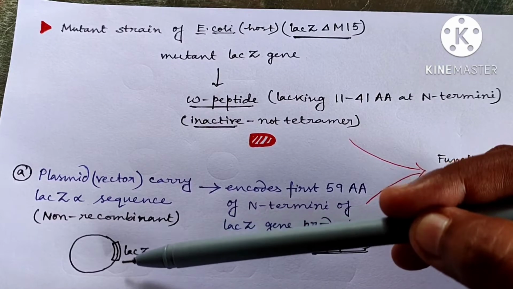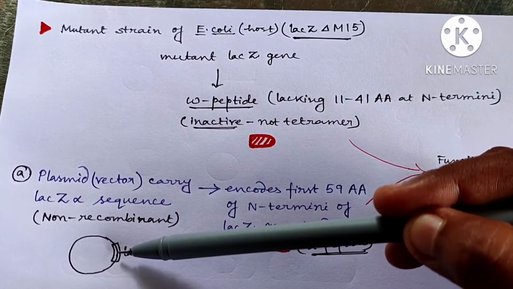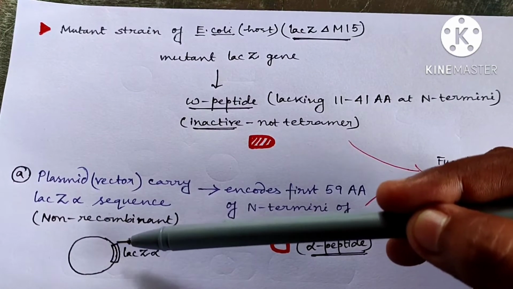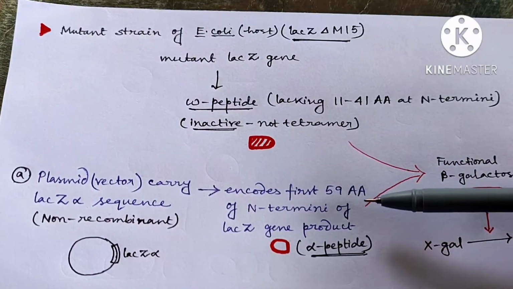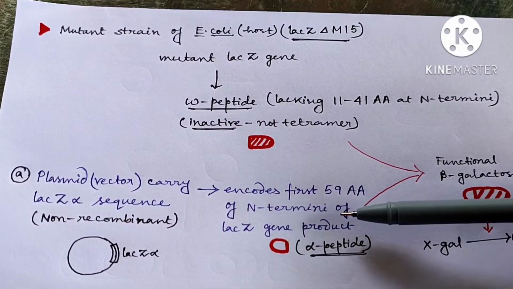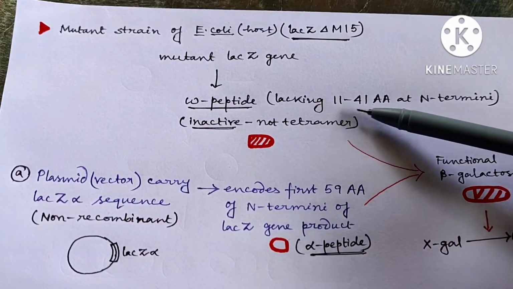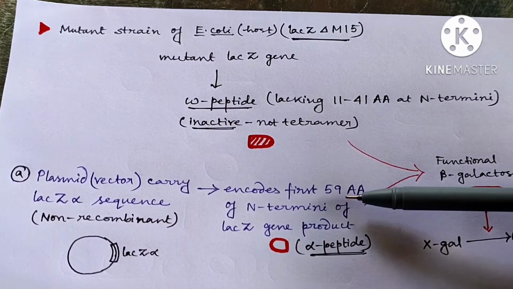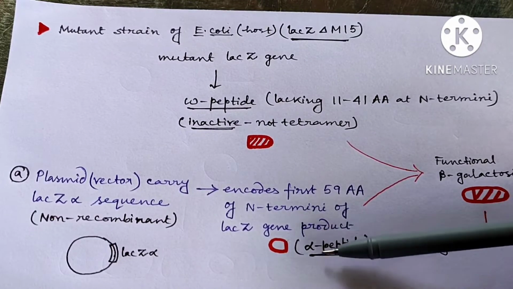It contains the LacZ alpha gene, and it has a multiple cloning site, but no targeted gene or foreign gene is introduced here. This LacZ alpha gene will encode the first 59 amino acids of the N-terminus of the normal LacZ gene. Here they are lacking amino acids 11 to 41 and producing 59 amino acids at the same N-terminal end. So obviously this peptide is known as the alpha peptide,